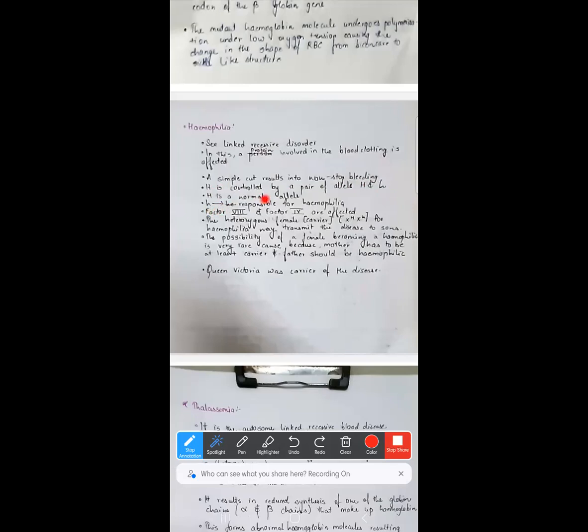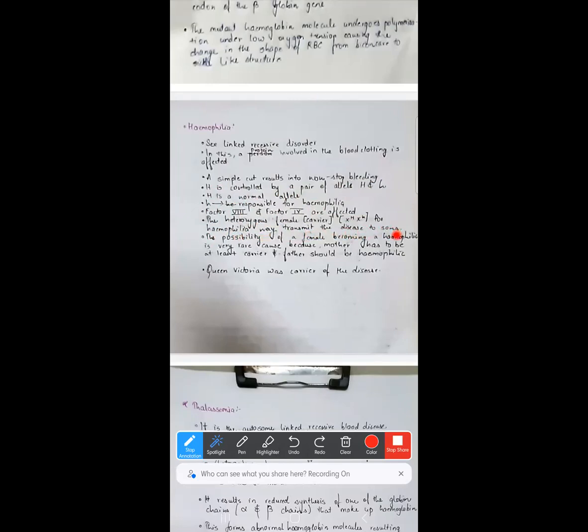It is controlled by a pair of alleles, capital H and small h. Capital H is the normal allele, whereas small h is responsible for hemophilia. Factor 8 and factor 9 are affected in hemophilia. The heterozygous female carrier, that is X capital H, X small h, for hemophilia may transmit the disease to the